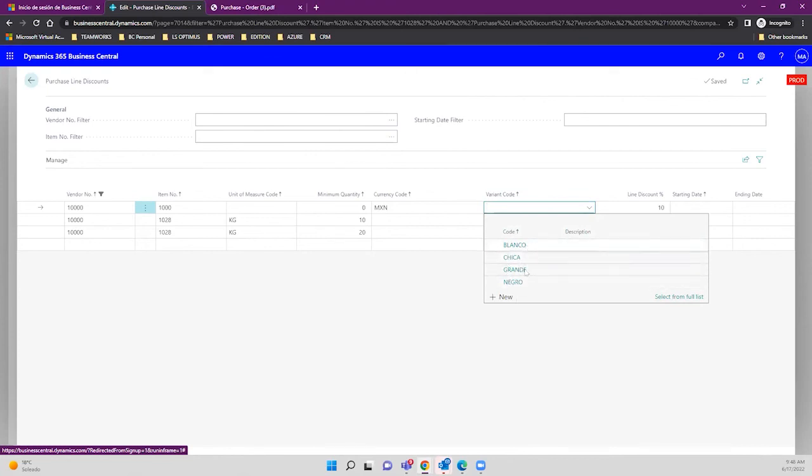Blanco means white, as well, black means negro, right? And so forth, okay? So variants are actually just, like it says, a variation of any given item. It's just the same item, but it has this special feature of different style, different color, not different size. That's unit of measure. The variant code is going to give you some specific characteristic that differentiates this